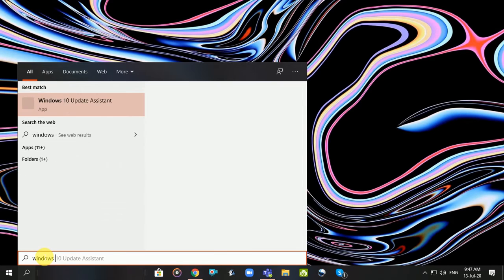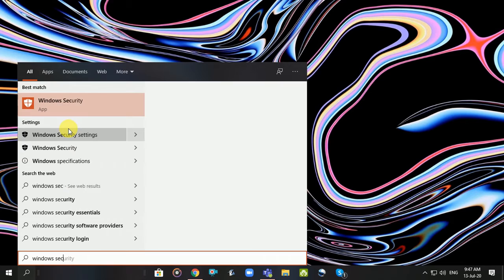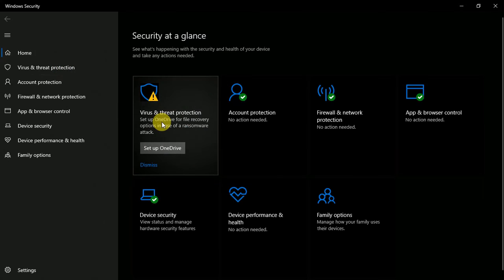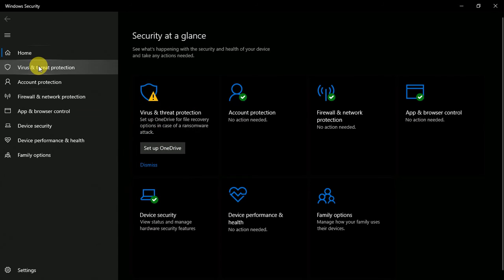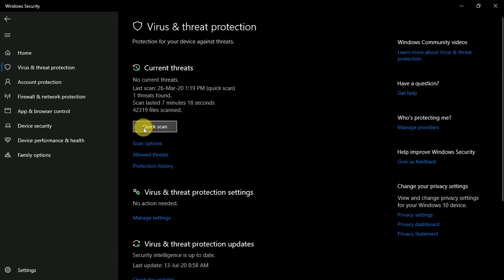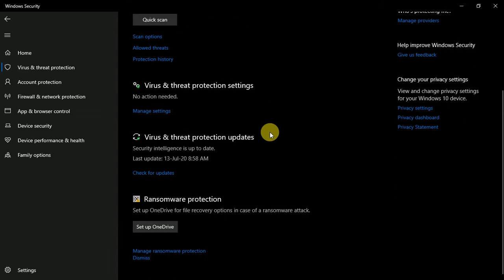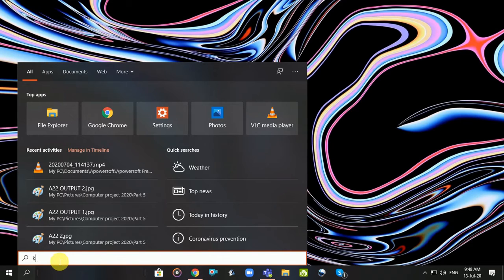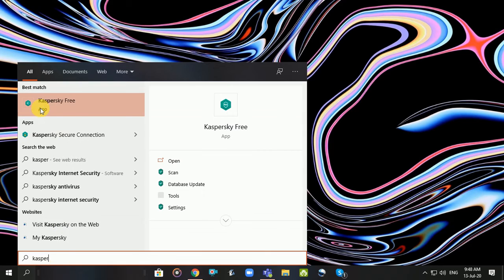Security, Windows security option, you'll see the Windows security app. Just click on this, and over here you will see the Windows security pops up. Here's virus and threat protection, account protection. From here you can see the virus and threat protection setup. Under virus and threat protection, you can see current threats and quick scan. Just enable the quick scan and make a quick scan in your PC to check for malware and all. And if you have a third party antivirus software, suppose I have over here with me Kaspersky Free, just open that